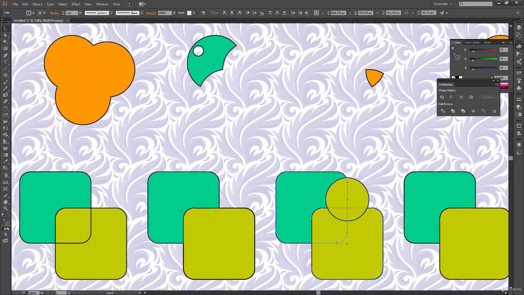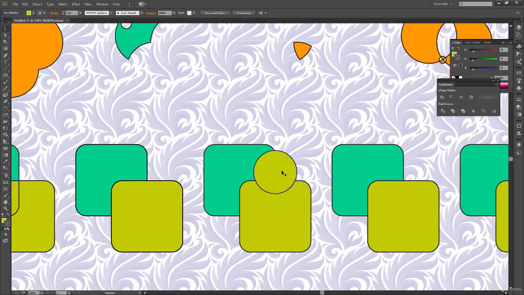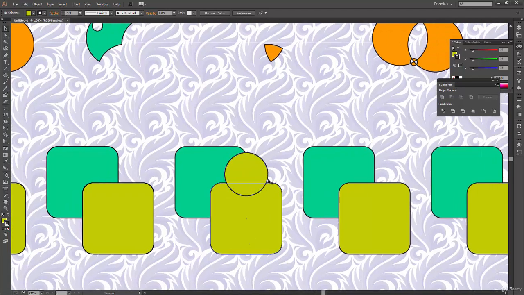So it is like the unite operation is happening on same color graphics or same color shapes, combining the shapes which have the same color together, and then it is using the trim option for the shapes which are on the back. So I can perform this merge operation in two different steps also.